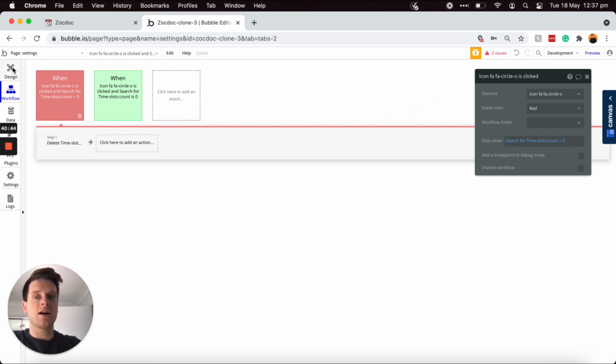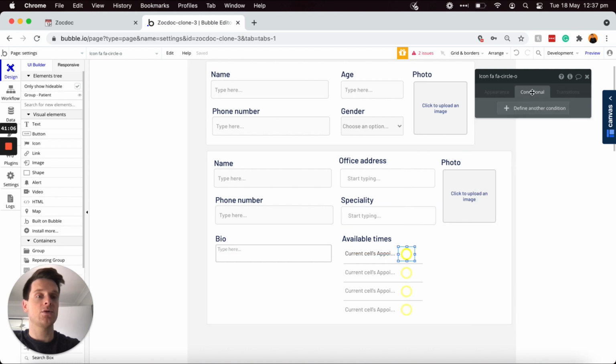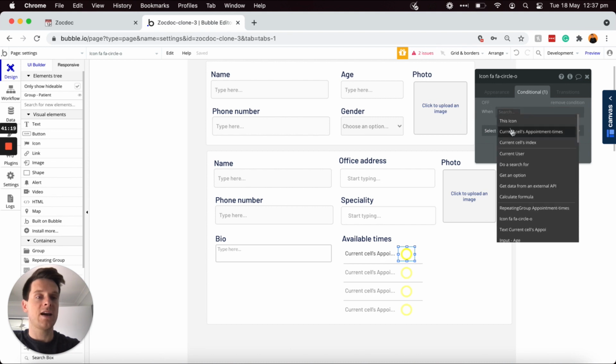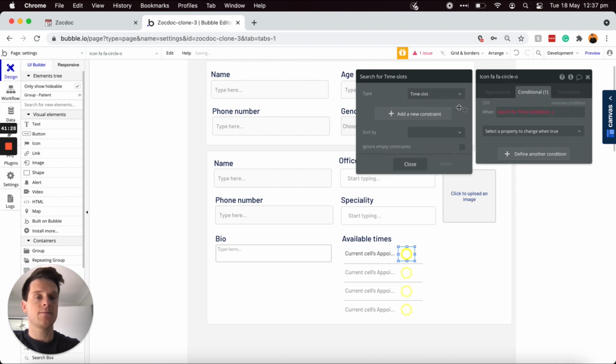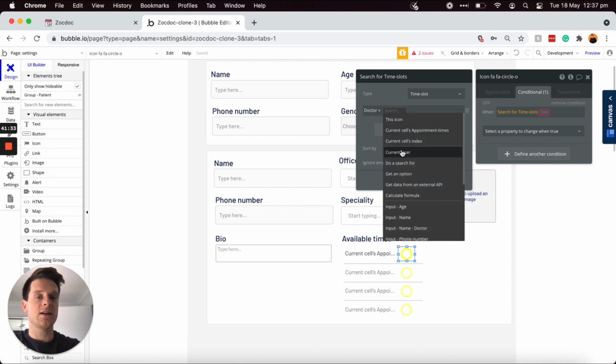Now back in our design tab, there's one last feature we'll need to add in order to finish this experience, and that is creating a condition on this icon here that changes it when this appointment has already been selected. So in this case, I'd just like to change the icon to a circle with a tick in it. So what I can do is choose the conditional tab here. I'll define a new condition, and I will once again be performing a search through our database to identify a time slot where the doctor equals the current user,